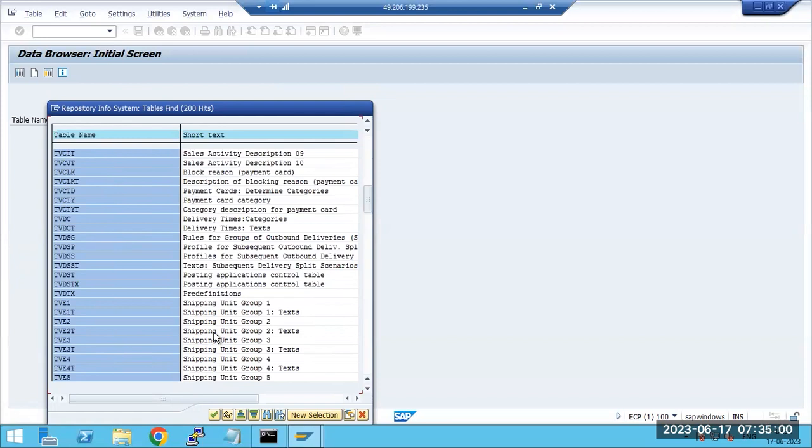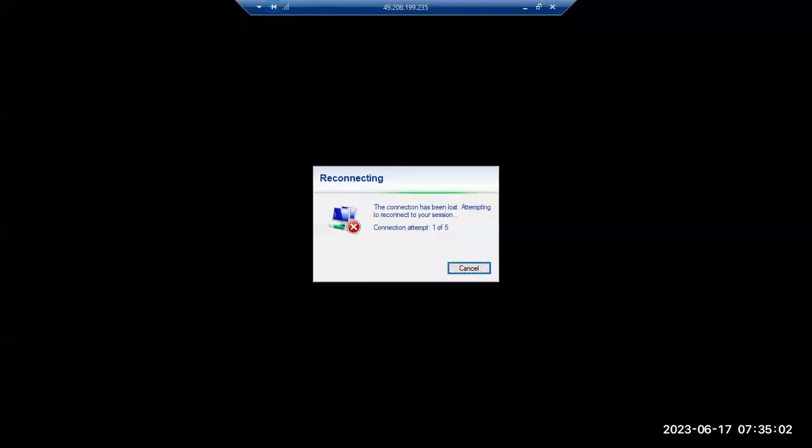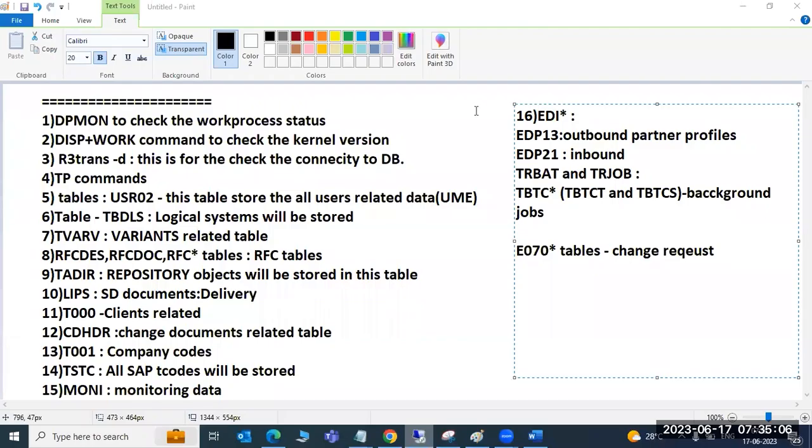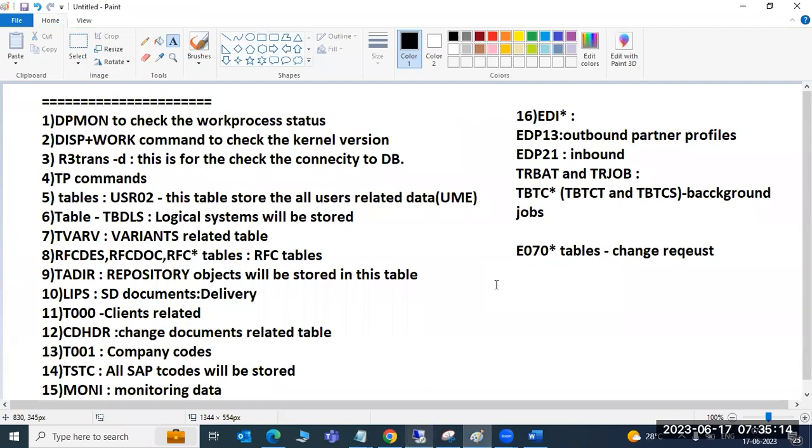It's not that you need to learn all the tables by heart. A few are important, and those tables you need to remember. These are some important tables and important commands to remember.